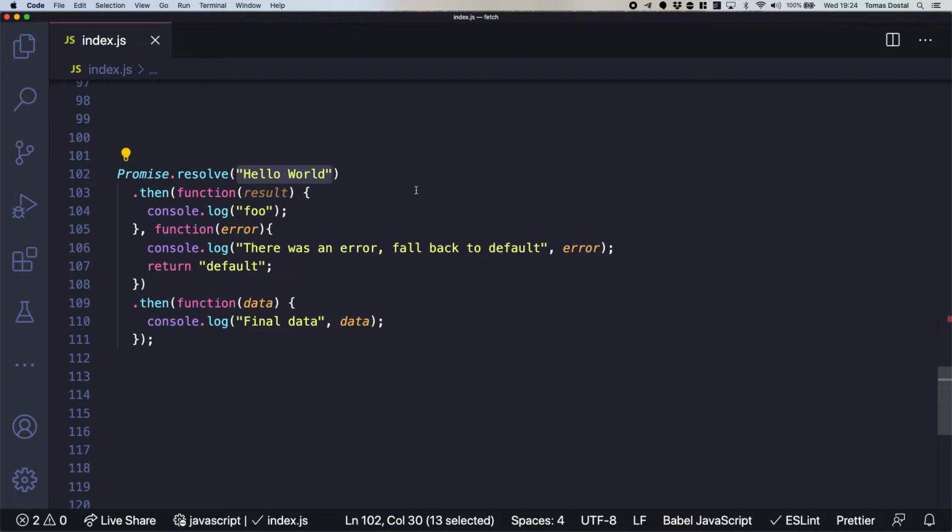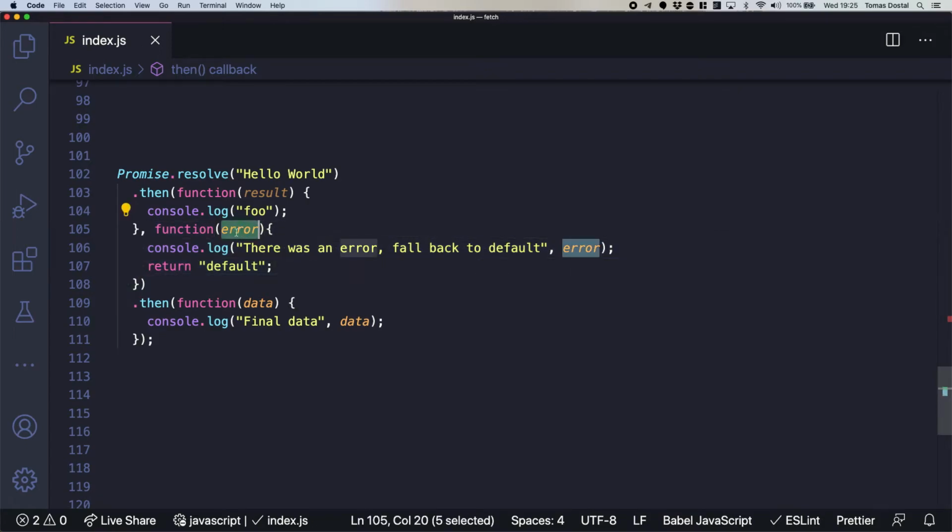Does it make sense? The second callback is the function error. So this means if the promise was not successful, then it will execute this. It will not execute the successful one. It will execute only the unsuccessful one, the reject callback.